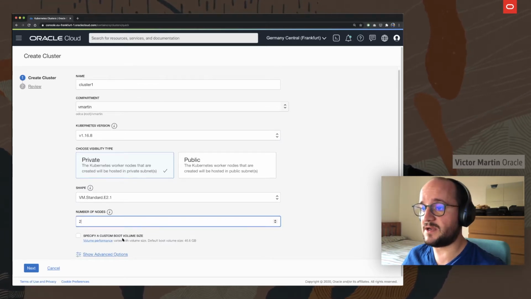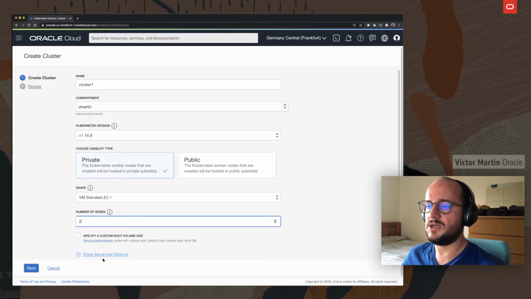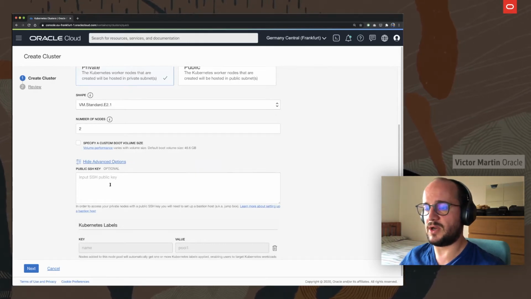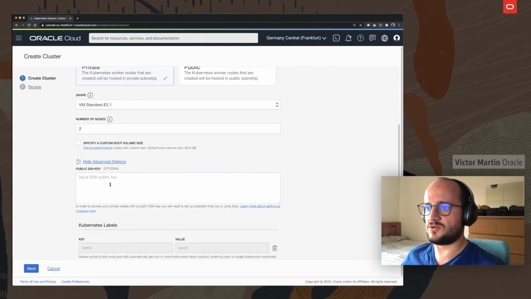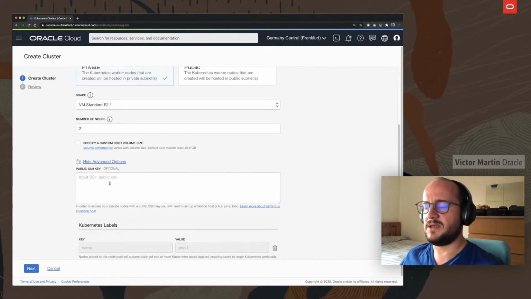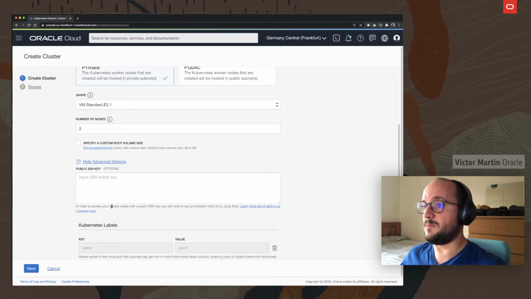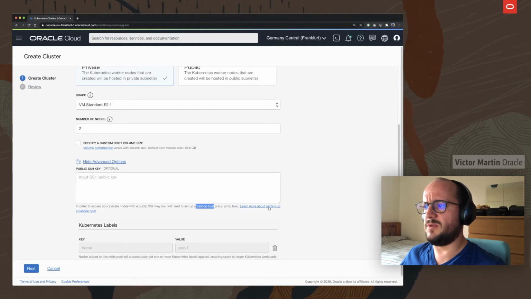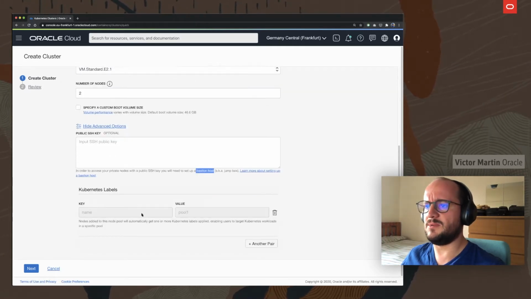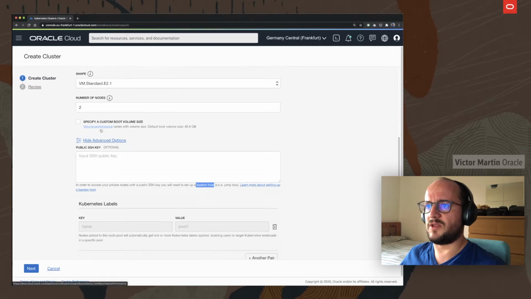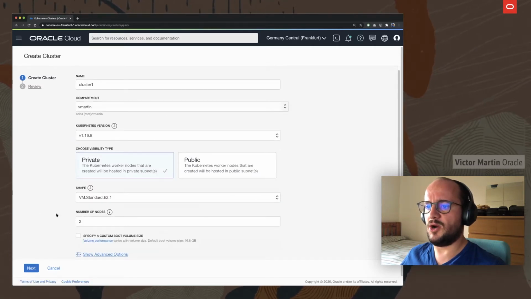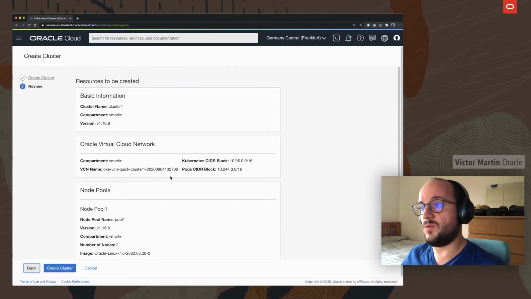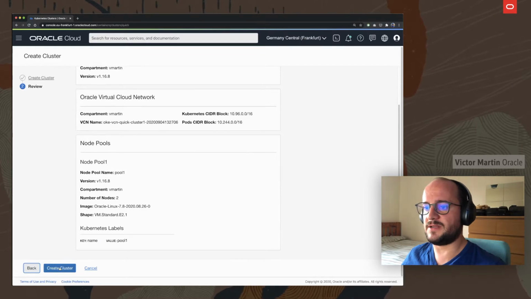You can specify different custom volumes, that is kind of advanced options, and there are other advanced options like your public SSH key in case you want to connect to your worker nodes for some troubleshooting. At the moment, I'm going to leave it as it is. Remember that if it's a private node, then you need to set up a bastion host, and there is some information here if you want to go that way, and you can even label your nodes. For the moment, I'm okay with the standard options. We click next. We double check that all the information is the way we want,